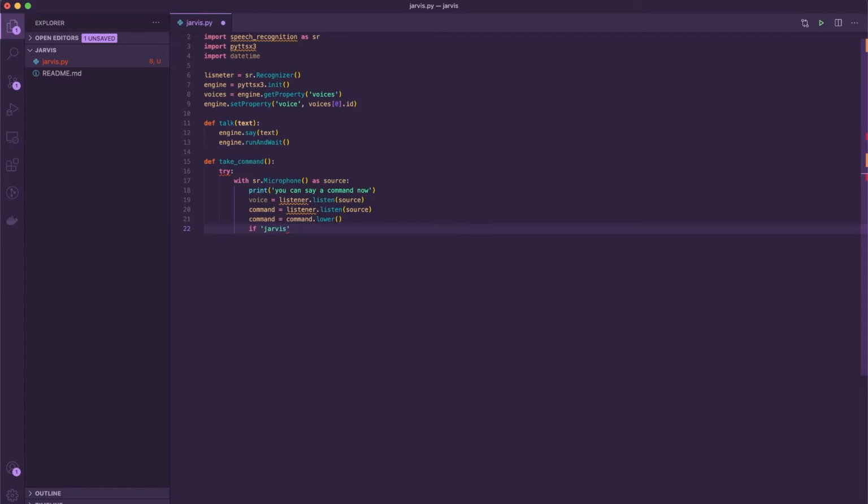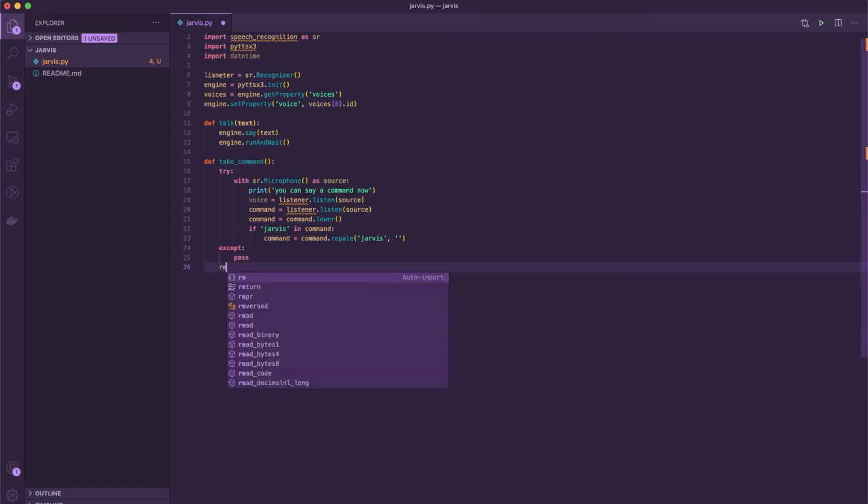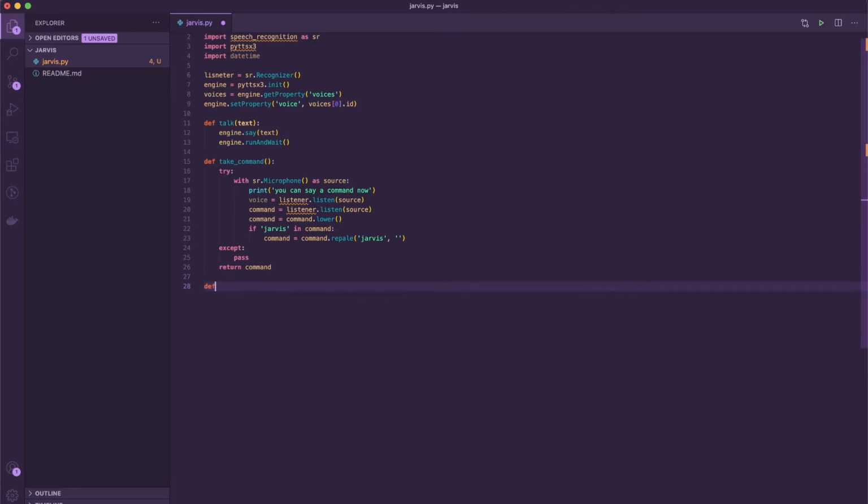Like for example, the same applies when we're trying to talk with Siri or Alexa. You always say a keyword like "Hey Siri" or "Hey Alexa" to identify that it's a command. In our case, it's just Jarvis. And now we are removing the Jarvis word from our command because it's no longer necessary. And now a simple function to run Jarvis, a function that receives a command